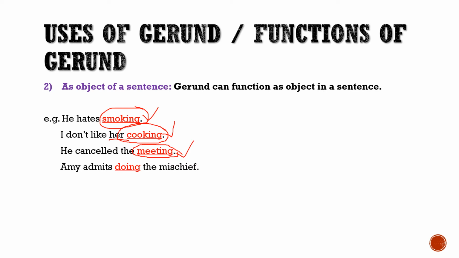The last example is Amy admits doing the mischief. Amy admits doing the mischief, right? Now notice the place of the gerund doing in this sentence. এখানে দেখো যে জেরান্ডটি ব্যবহার করা হয়েছে সেটি হচ্ছে ডুইং এবং এই ডুইং এর অবস্থানটি লক্ষ্য করো। এই বাক্যে কিন্তু আমরা দেখতে পাচ্ছি যে মাঝখানে এই জেরান্ডটি জায়গা গ্রহণ করেছে।